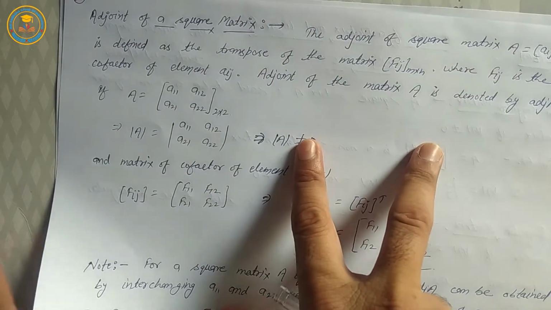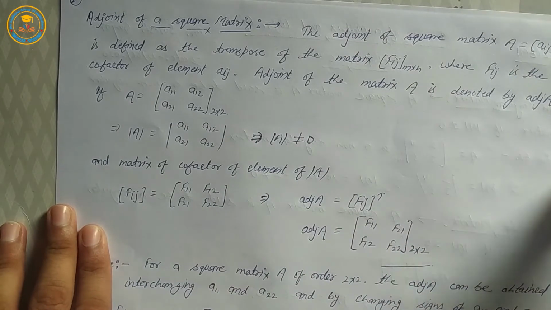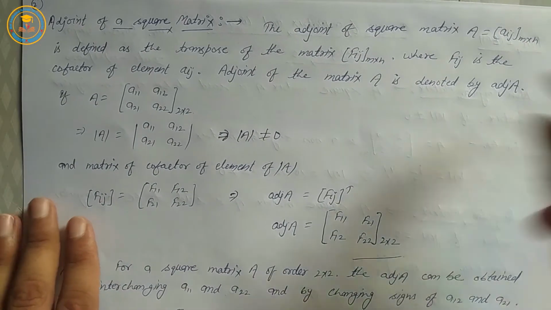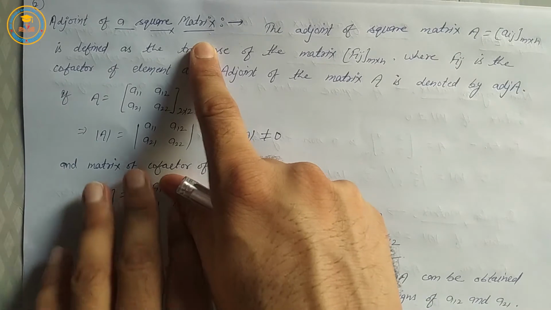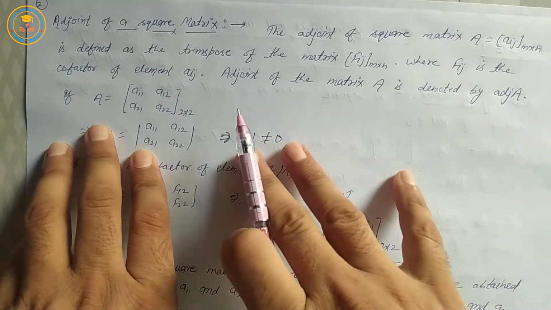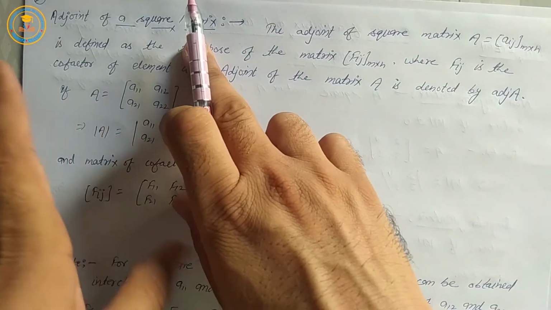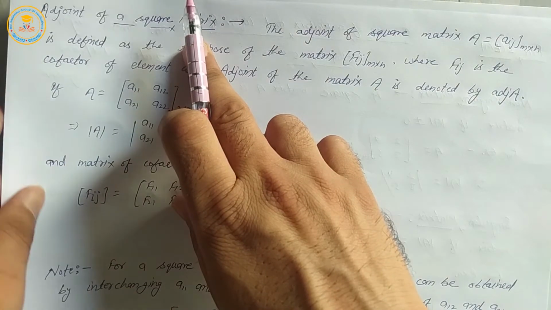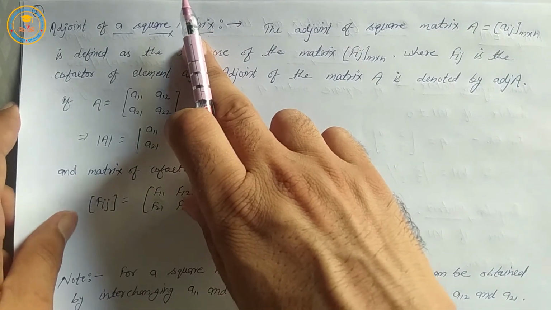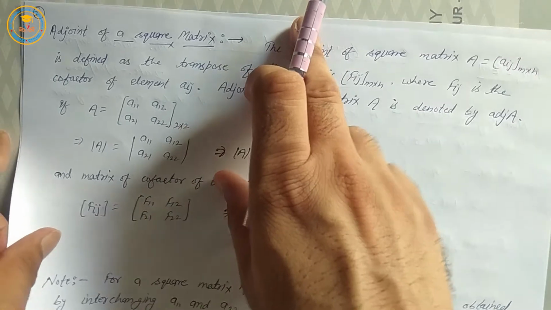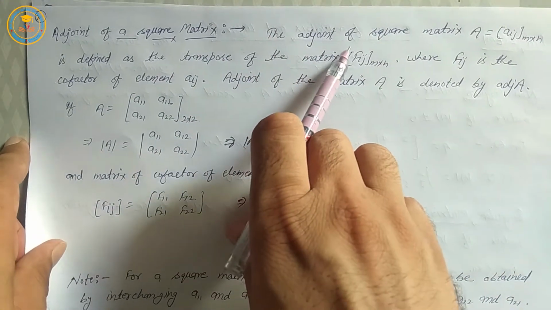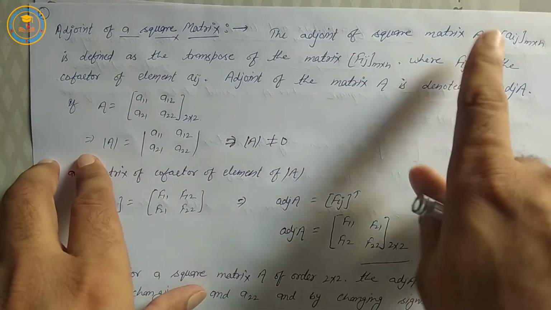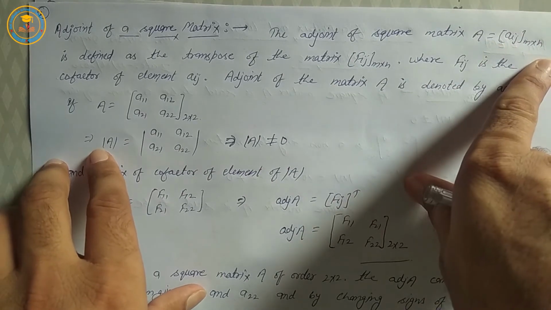Next topic: adjoint of a square matrix. Square matrix means row is equal to column. The adjoint of a square matrix A equal to [Aij] m cross n